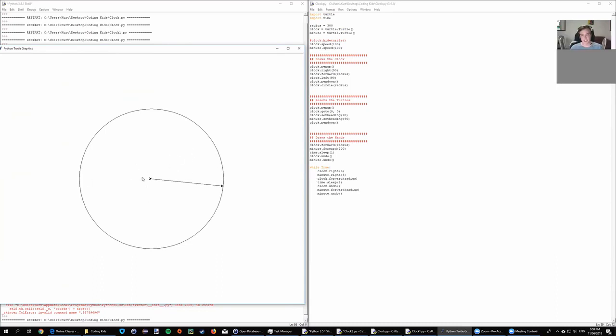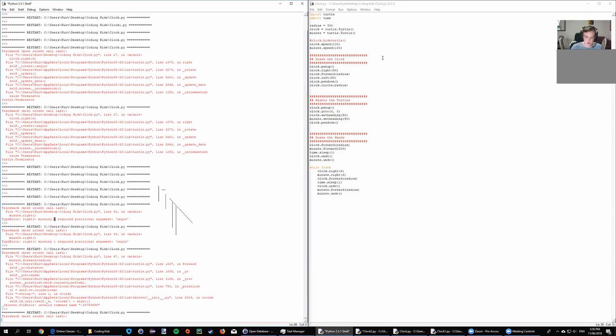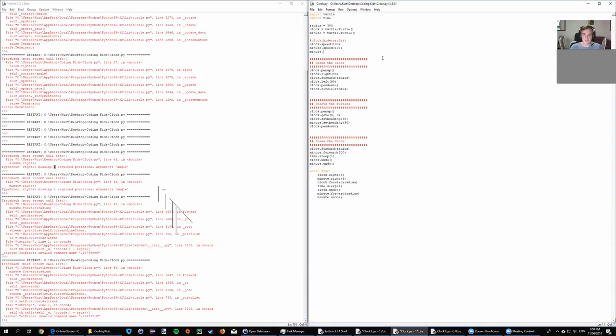We need to work out a way to slow that down, and we also need to work out a way to differentiate between them, because we can't tell if it's a second hand or a minute hand. It's not going to make too much of a difference in there, but it will look a bit better. The way we do that is we just go minute dot, there they are, and if we scroll down, you will see